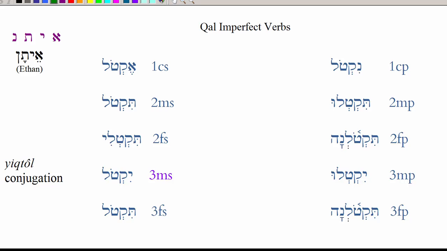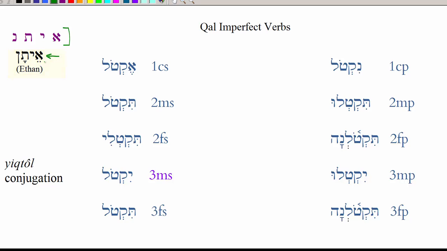This is an introduction to Qal imperfect verbs. Over in the top left we see listed here the prefix consonants for all imperfects. We have an aleph, a yod, a tav, and a nun. One way to remember this is through the biblical name Eitan, which is translated Ethan, and it's spelled aleph, yod,